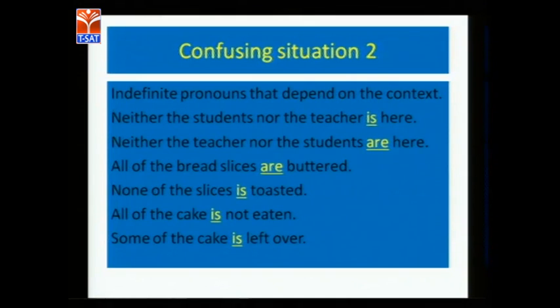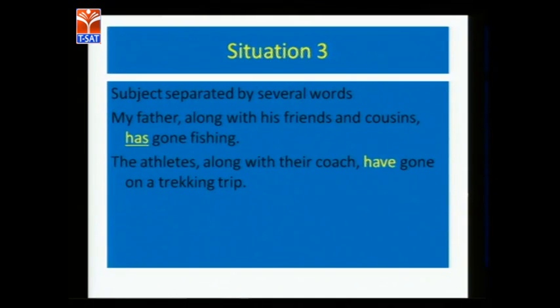Okay. So now let us look at the confusing situation number 3. What is this? Usually, if a sentence is very simple, let's say a sentence is just the subject and the verb and the object, all right? I have money. I have a lot of money. Now, if I have to use a third person singular, then I say he has a lot of money. I don't say he have. Why? Because has is the helping verb for this singular subject. All right? He has a lot of money. So it's a simple, straightforward sentence.